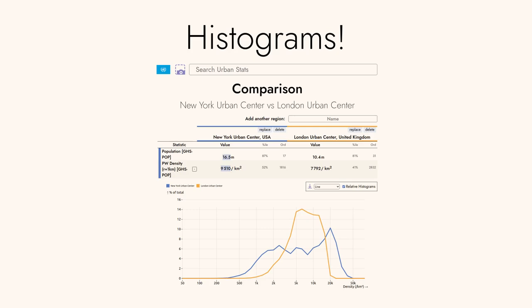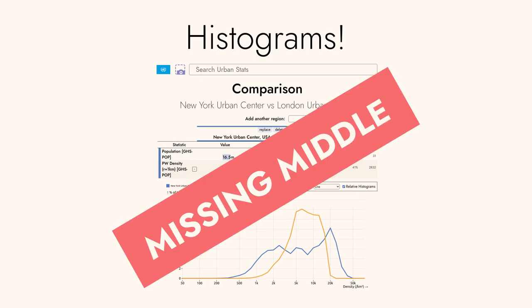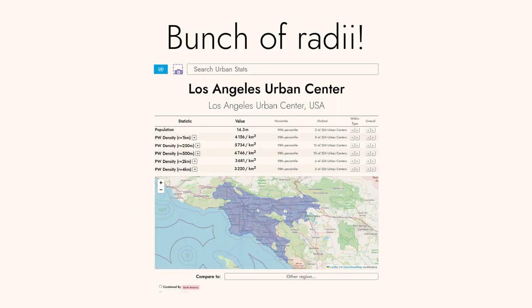Let's say you don't like averages. A lot of people don't. A lot of people like to use geometric means for parcel-based population density. Some people like medians, etc. But I think that if you want to do something other than the default mean, which I like for a bunch of reasons, you should just use a histogram, because that gives you the full picture. Like, for example, here, you can see that London has a big peak in the middle, right? It's got a lot of areas that are a little bit dense, not too dense. New York, more skyscrapers, more sprawl. That's the missing middle.